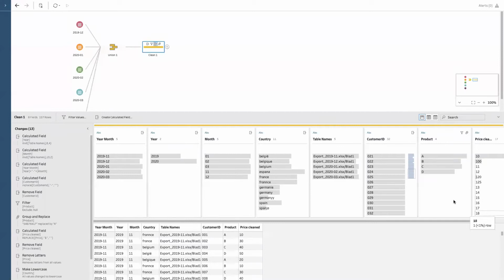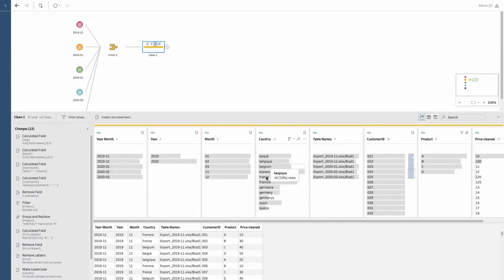Last thing I want to show you before we continue is how we can make use of the intelligent grouping in Tableau Prep to group text values. Because some of you might have experience with fuzzy matching, with all sorts of techniques, counting the symbols, the length, seeing which